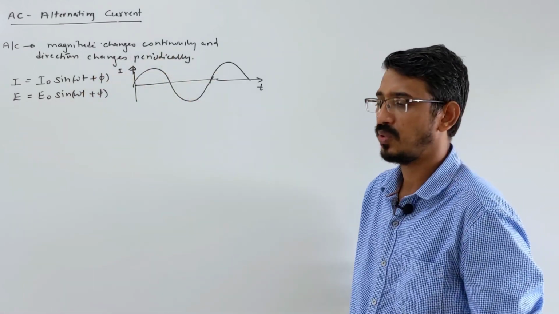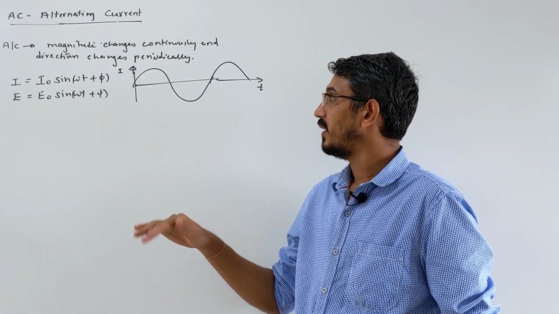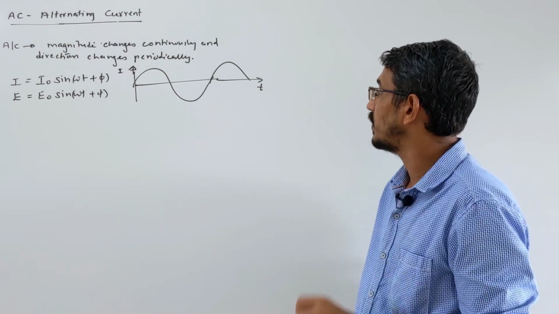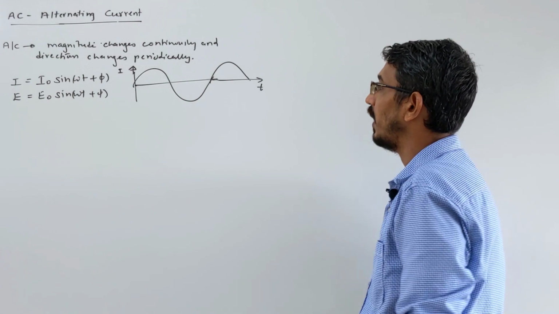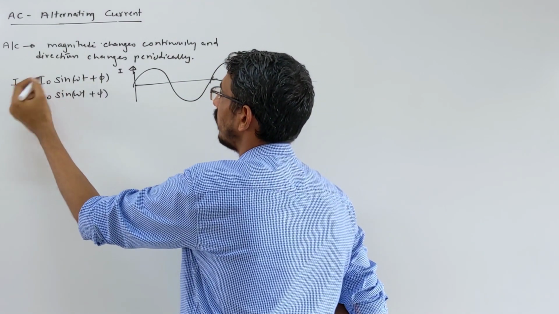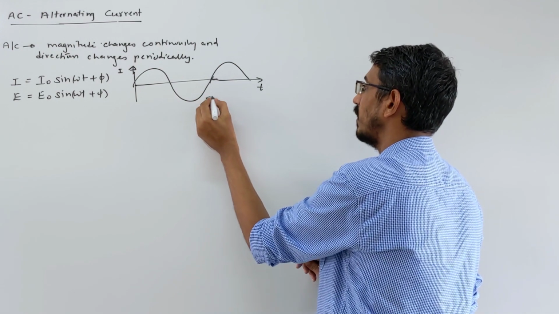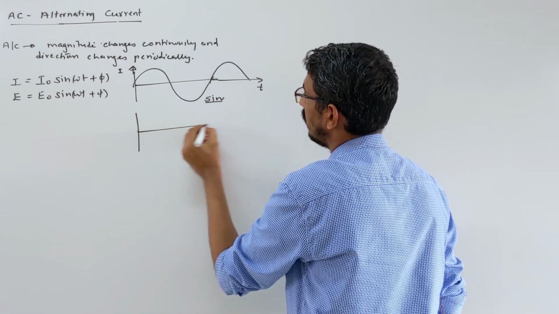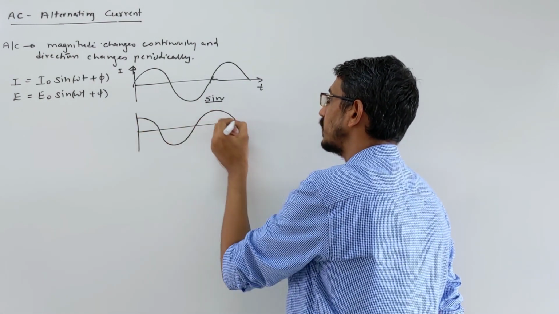Because the alternating current goes up and down, it is also an SHM if you see carefully. So look here, we represent it as a sine or cosine function. This type of wave is called a sinusoidal wave, and you can write it in a cosine function also. This is also your AC.